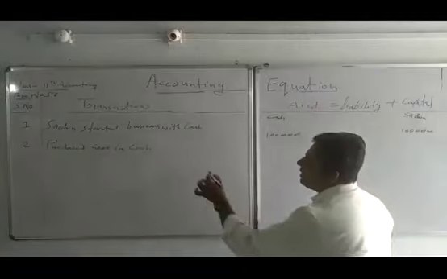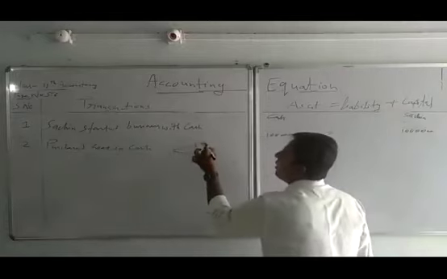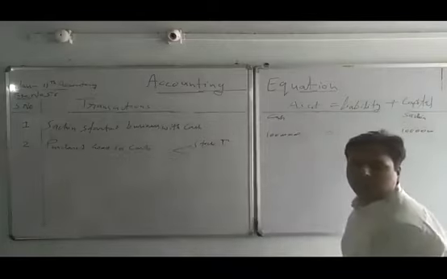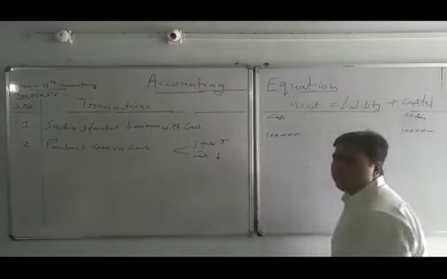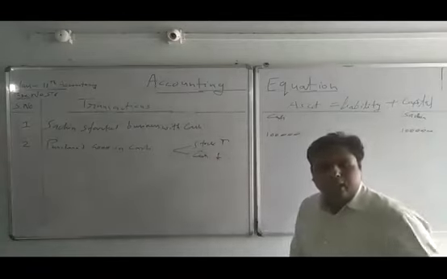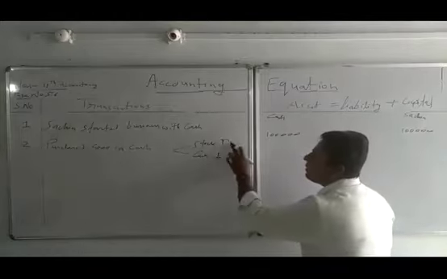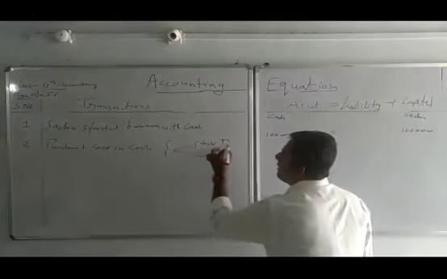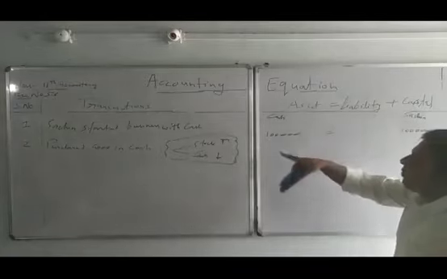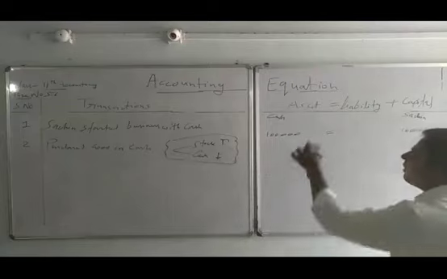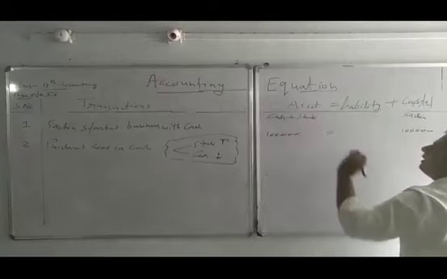What is happening here? Here also two things are impacted. One is goods purchased. Goods purchased means stock is increasing, and it was purchased in cash, so cash is going down. When we purchase something, I take some money out of my pocket and give it to him, and then I take some stock. So my cash will reduce and stock will increase. That is only for understanding. So what is impacted here? Stock. Stock is what? Our asset. Stock comes under assets.